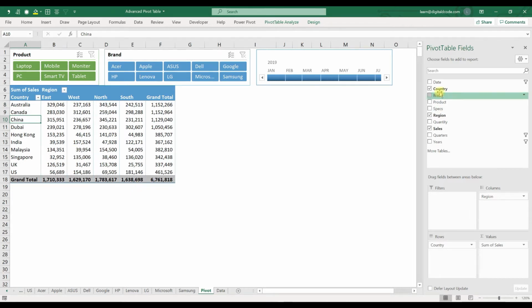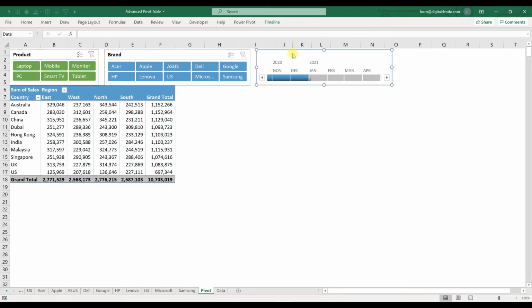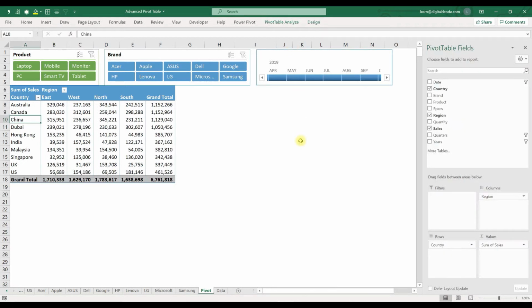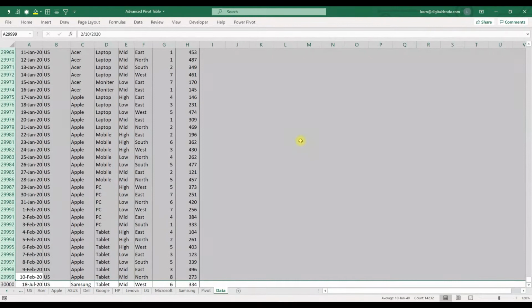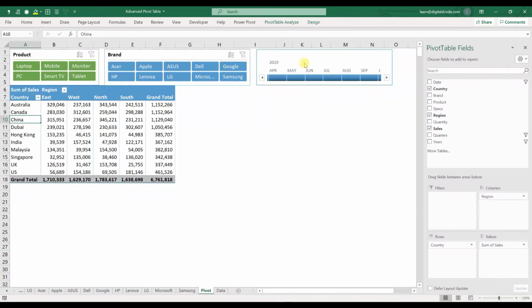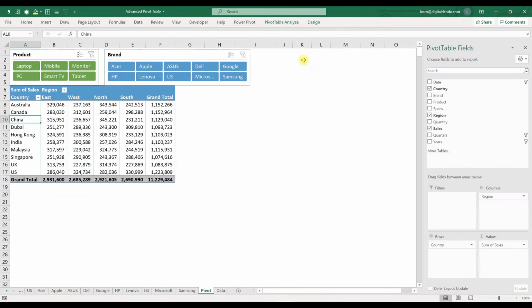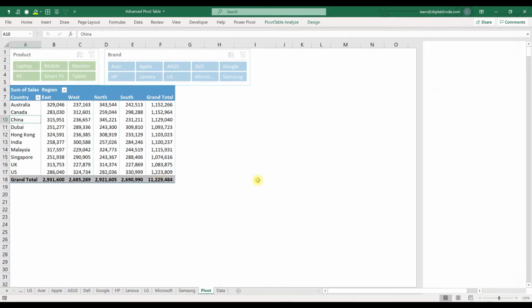I could not see any changes because here I chose only till 2019, but the data I deleted relates to 2020. So let me drag this to 2020 December. Now you can see. Better let me undo and get the data back. I'll delete this slicer, I don't want it. Now for US I have 1226809.